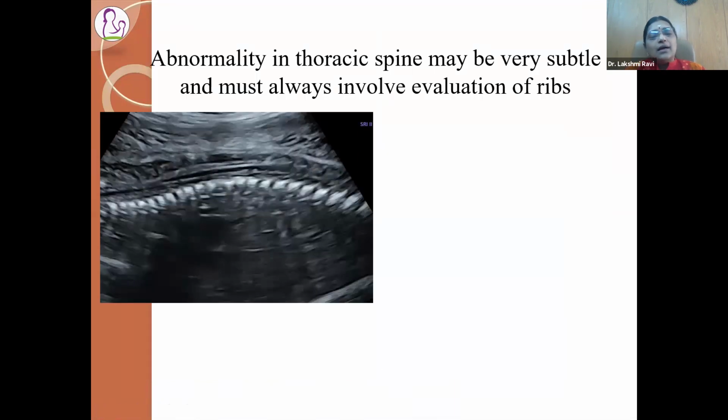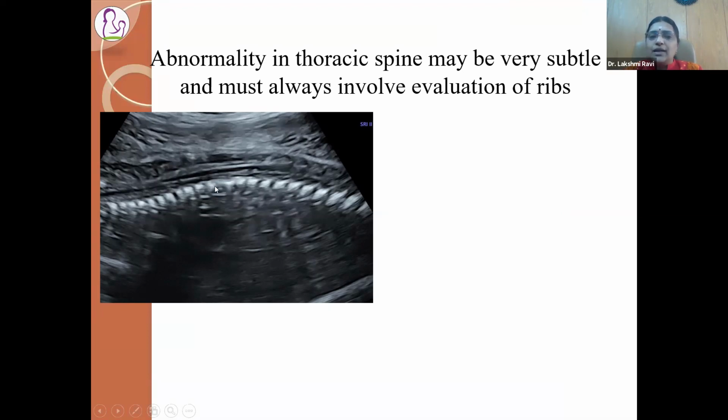The next case scenario for you, look at the 2D ultrasound. Whenever you try and look at the spine, I would ask you to nicely magnify the spine, look into each of the vertebrae, look into the intervertebral disc space, because these things can be easily missed in your routine ultrasound, because you can simply pass off the spine as normal and go away. But actually concentrate on this area. We are not very sure of the vertebra here.